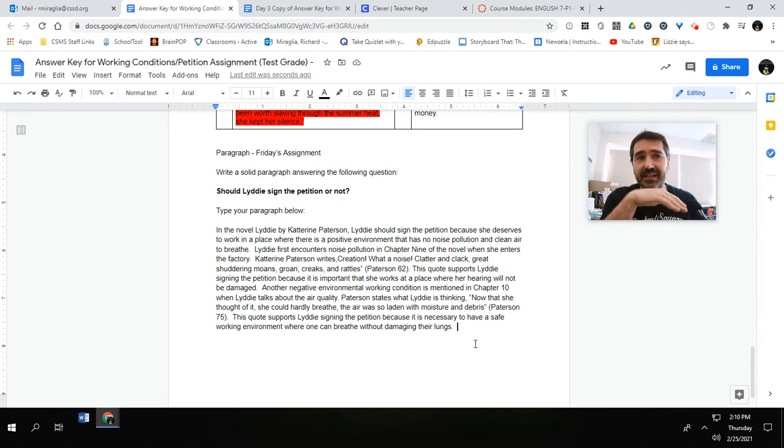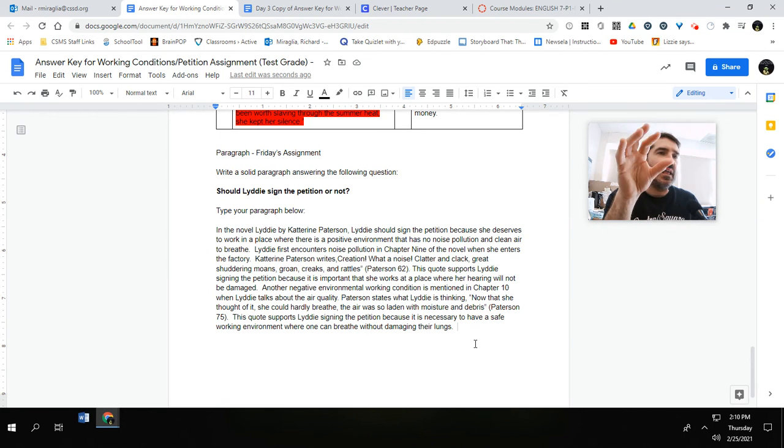If you filled out the chart exactly like I did because you're using the previous videos, then your quote and your explanation are going to be the same, though you need to make sure you are stating who's saying the quote, and that might be worded a little differently. You could write, Catherine Patterson writes, comma, the first time. Later on, you could write she then writes, because you can refer to Catherine as she later on in your paragraph.